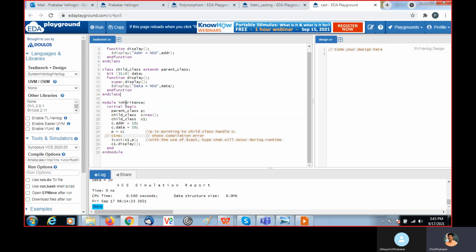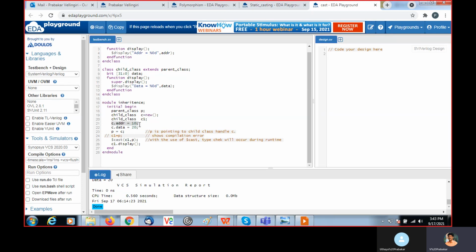And inside the module inheritance, inside the initial begin, I declared parent class as P and child class as C, and created the object for C. And I am creating one more child class handle, C1.